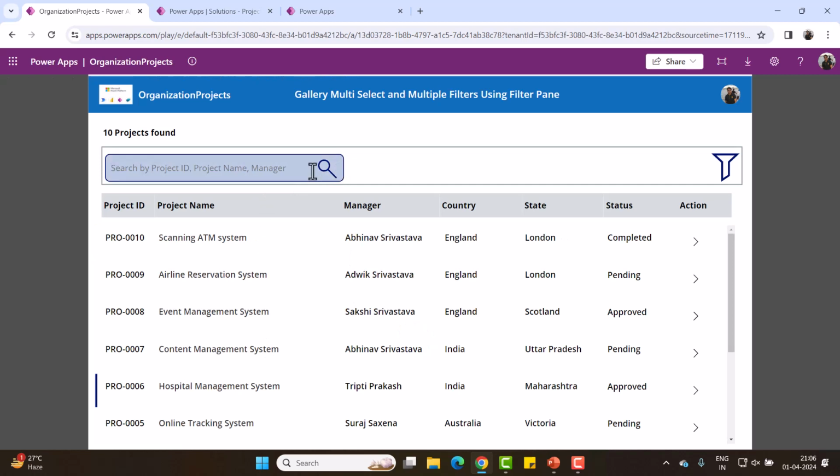I have also made use of this search text box to filter the records. It searches on the basis of project ID, project name, and manager, which you can say is a text search.